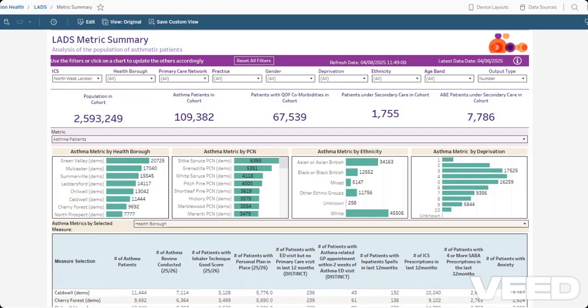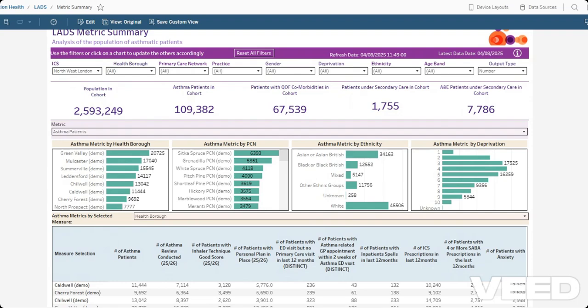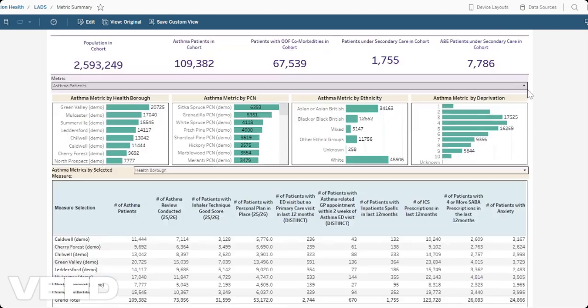Metric summary. At the top you will find interactive filters allowing you to drill down into specific patient groups. Below the filters, key headline figures give you a quick snapshot of population in cohort, asthma patients in cohort, asthmatic patients with comorbidities, and asthmatic patients under secondary care and A&E attendances. Next, you can explore a selected metric using this filter here to see visual breakdowns by health borough, primary care, ethnicity,